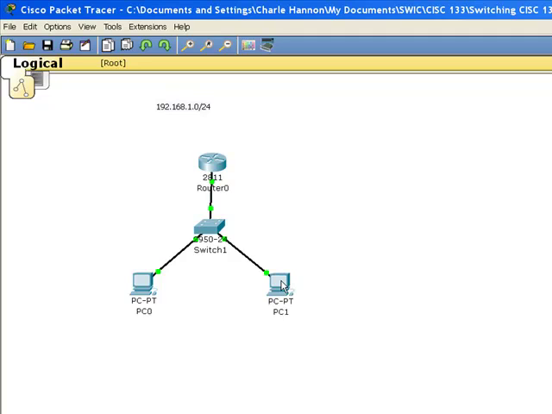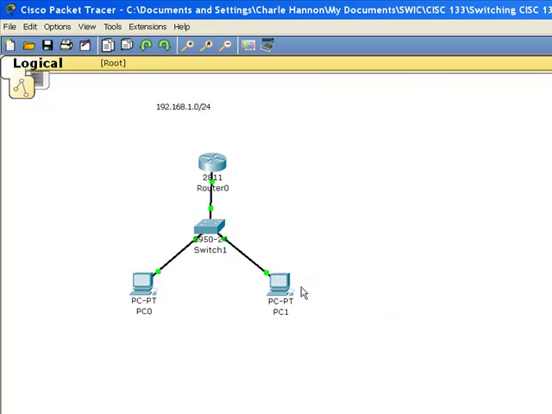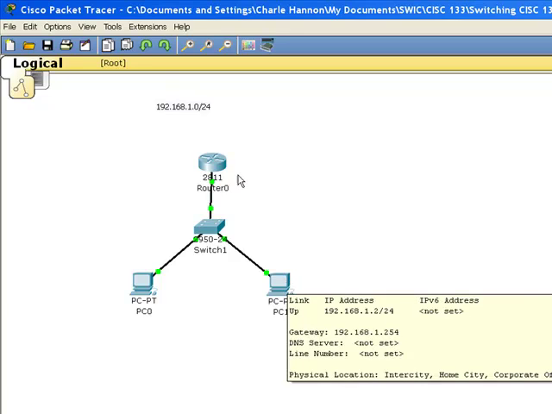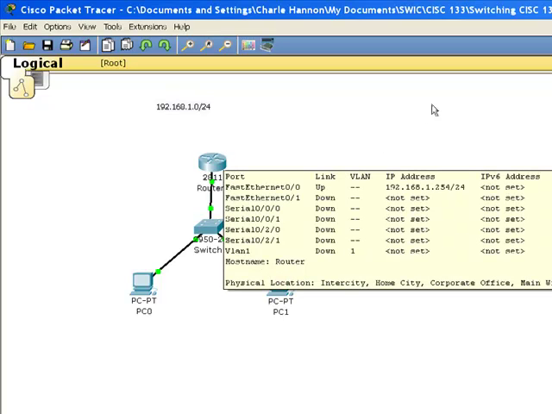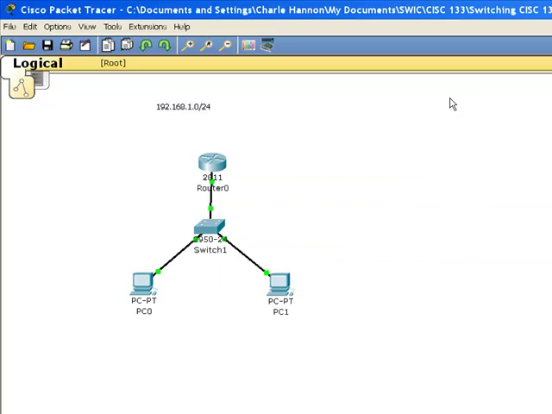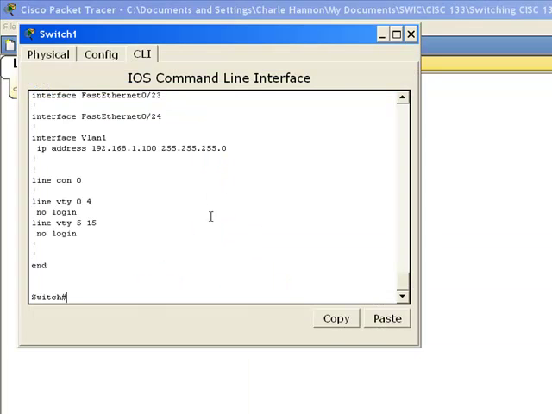So let's say I want to configure or manage the switch from this workstation or from that router, per se. Or if we had a larger topology, maybe we'd be in a different state or even a different country. We could still manage this switch without actually having to be on the switch. Very similar to the router,